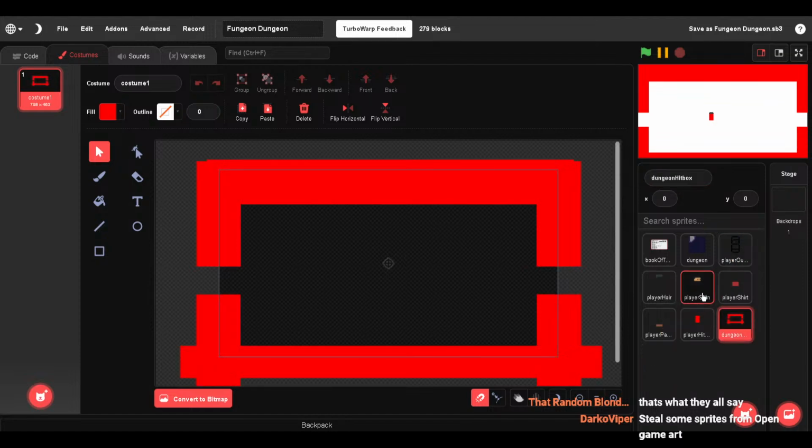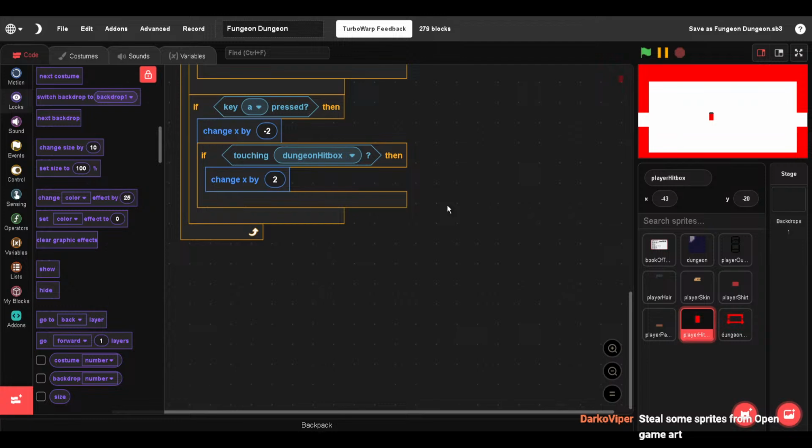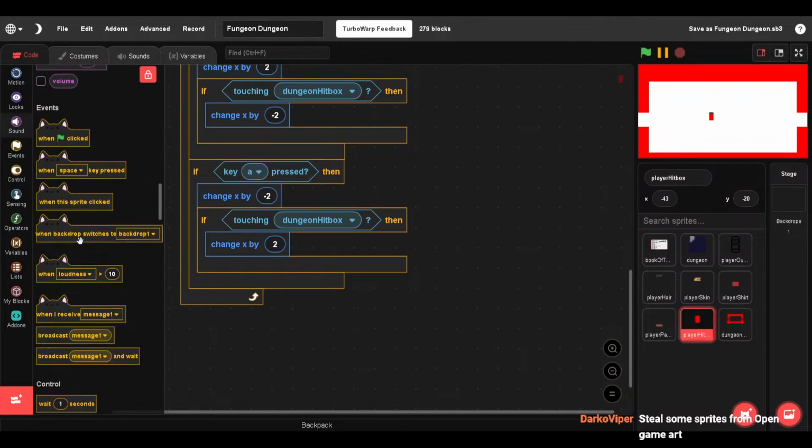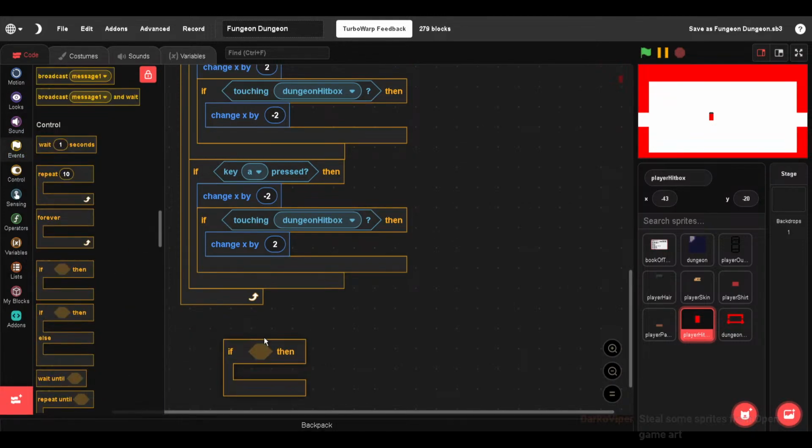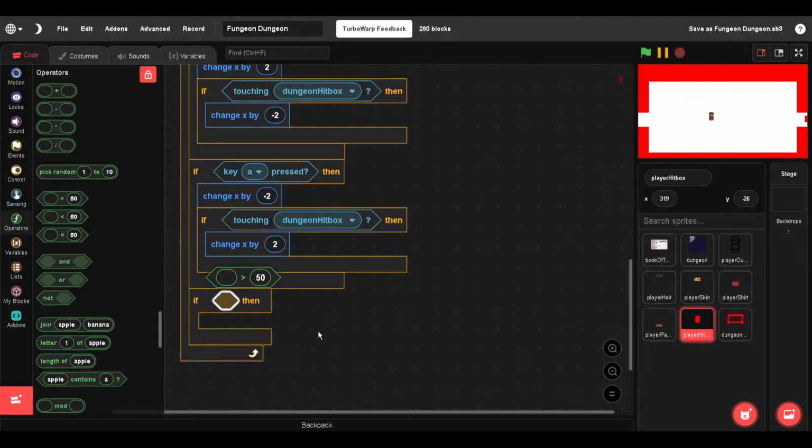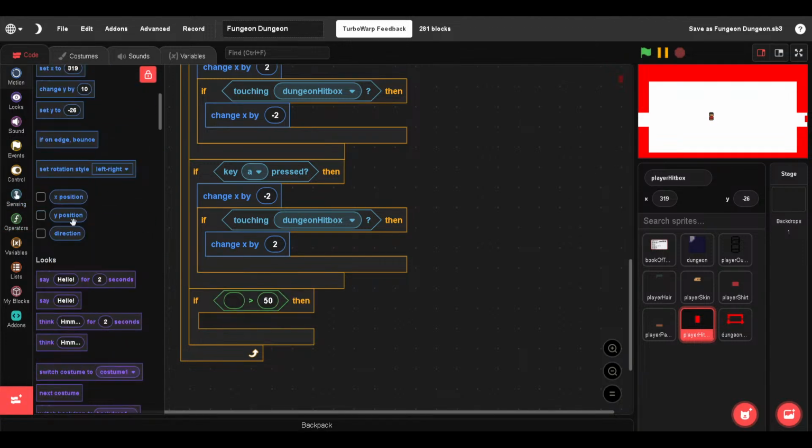What I could do is the hitbox. If you get right there, if the X position is greater than 318,